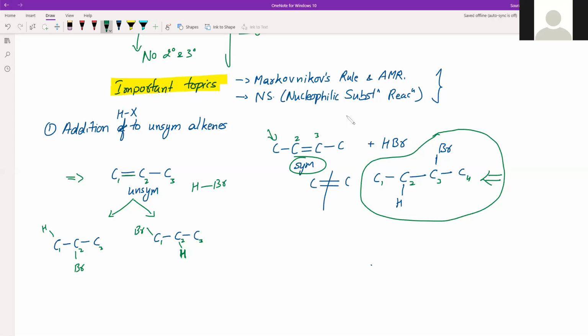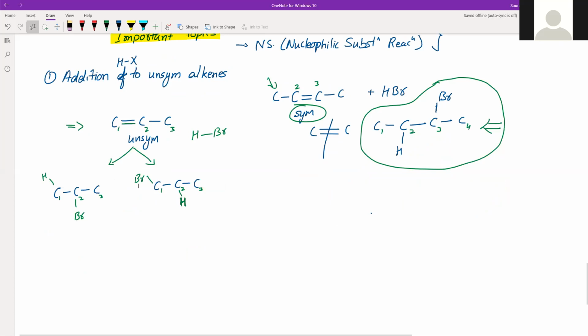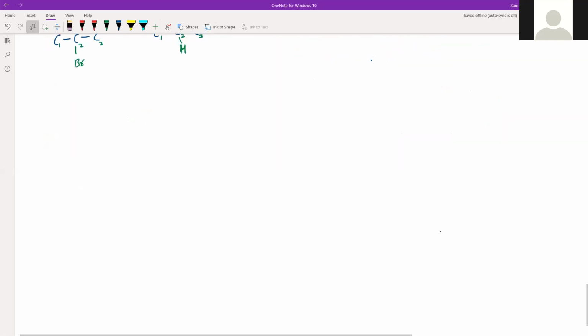But experimentally we find that under these conditions, there is one major product and one minor product. So they both are not equally produced. One is produced more in amount and the other product's share is less when the products are formed, right? So instead of writing these skeletons, let us understand by a concrete example.